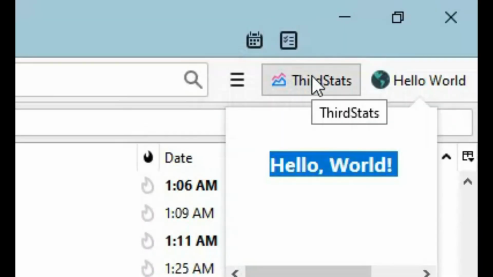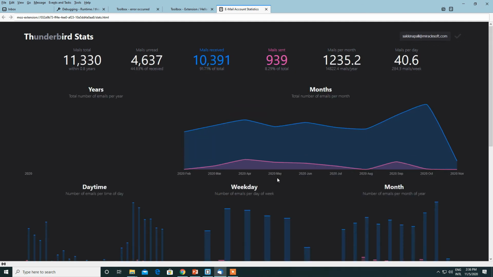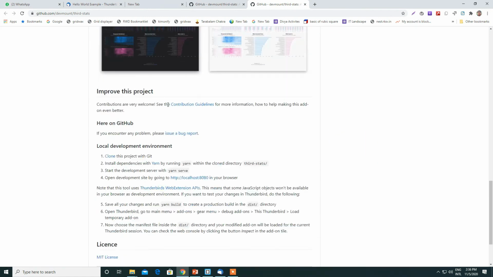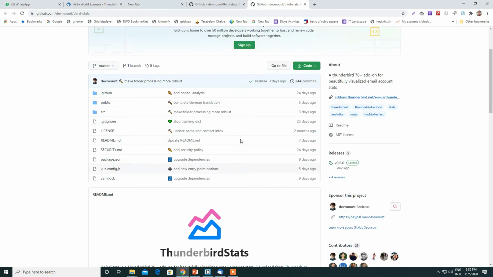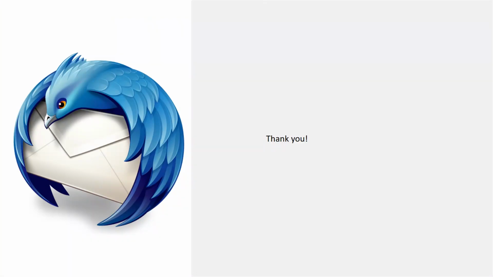In the same way as I told you, I have installed this Thunderstat. So this is the HTML file, and this is all the decoration that they have given using CSS, and all these things they have done using JavaScript. So the one which we created today is the basic one. It is just to tell you the basic procedure that we have to follow in order to create an add-on to further extend the functionality of Thunderbird. And Thunderstat is an advanced version of the example, and you can see the coding and everything in GitHub, so you can learn.